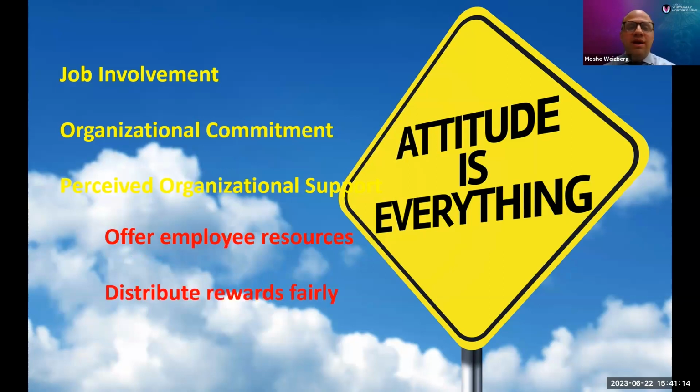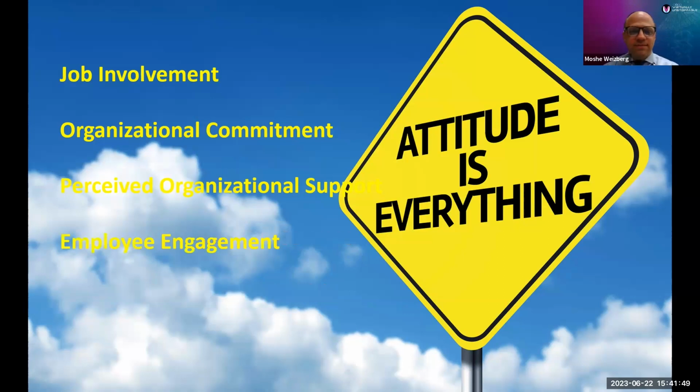And if you want to work on improving the organizational support of your employees, of your residents, give them resources that show you're committed to them. Give the residents things they need. For residents, it's often food or time, or just knowing that you actually care about them because you're spending time talking to them, counseling them, being there for them, giving them the schedule requests that they need. By contributing these things to your residents, that will help improve their perceived organizational support. They will realize, wow, my program actually does care about me, and that results in better performance.